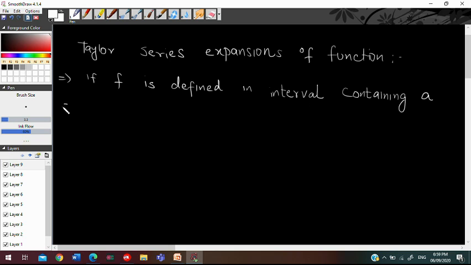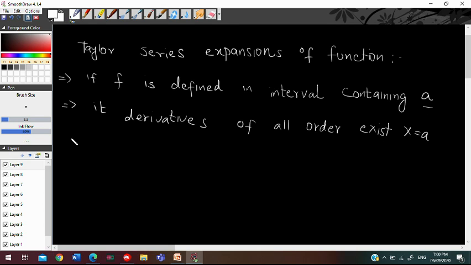And the second thing, its derivatives of all orders exist at that specific point. If these two conditions hold, then we can expand our function like